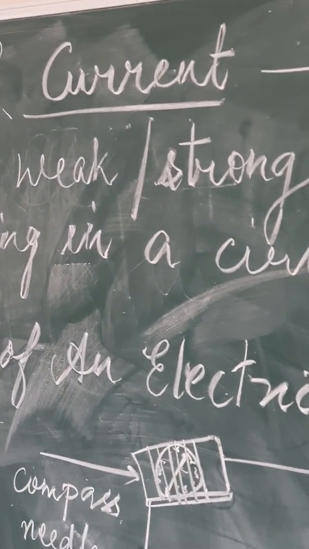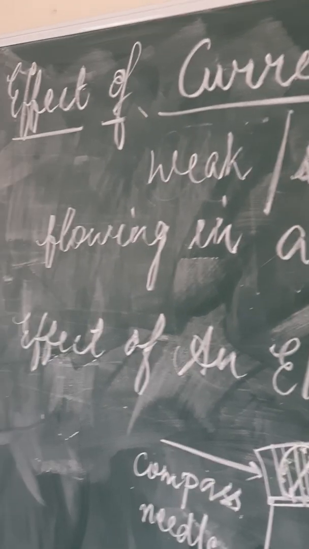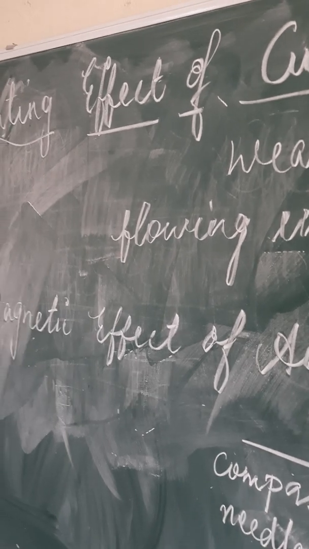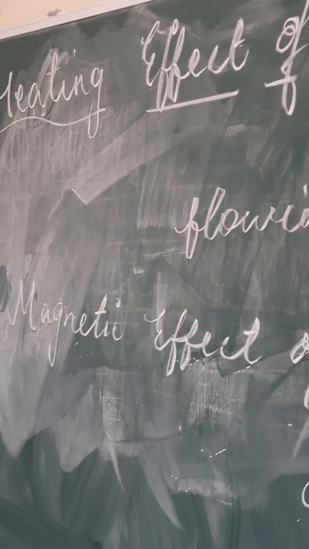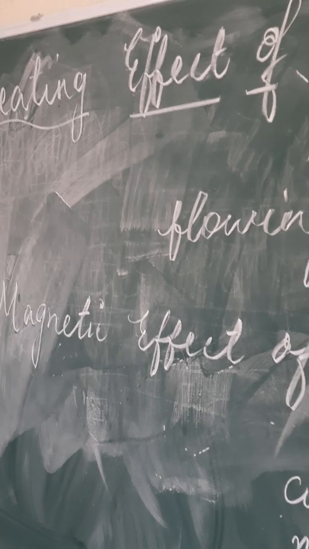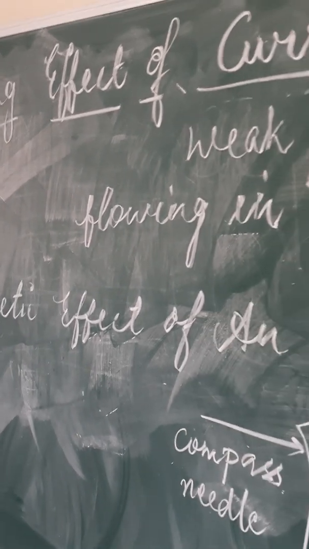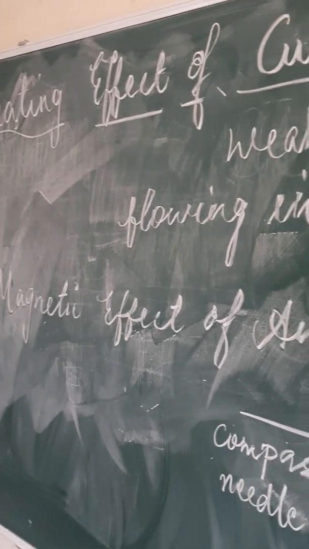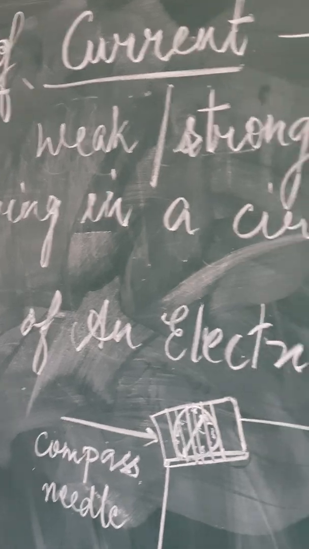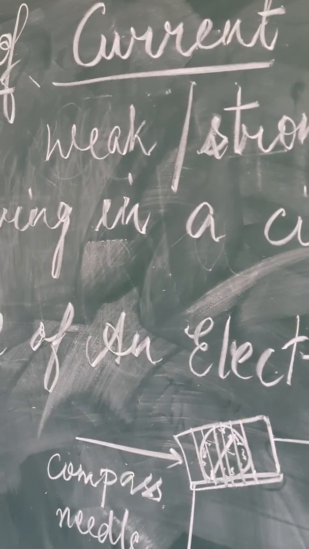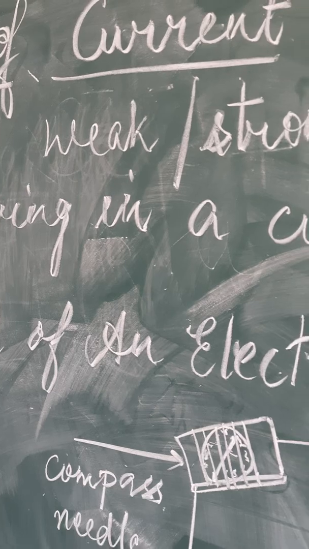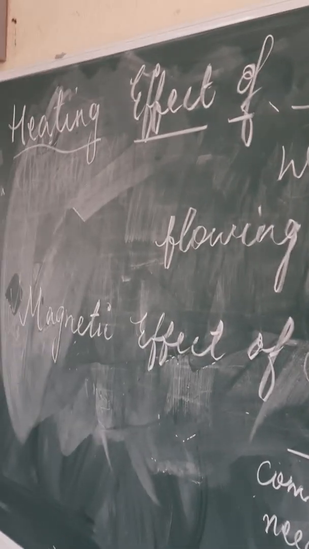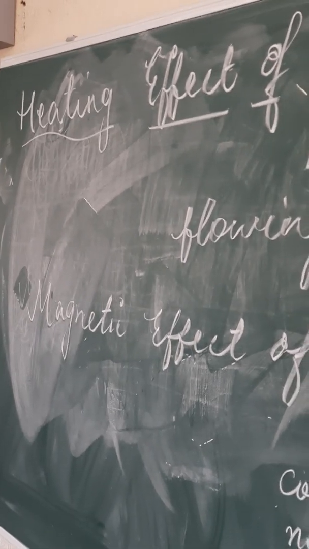There is a fine filament which is made up of tungsten. That filament gets heated up as soon as the current passes through the circuit, and the particular effect we can see is the heating effect. The two open wires which we have considered, one has been connected to the positive terminal of the battery and another one to the negative terminal, which we have called cathode and anode. Both have been dipped in a liquid, and that liquid was lemon juice or vinegar.